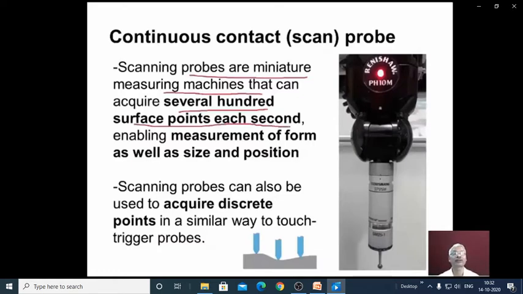Several hundred surface points are sensed in each second, enabling measurement of form as well as size and position. Scanning probes can also be used to acquire discrete points similar to the touch trigger type. You can see here the probe, when it moves like this, is scanning the surface, and hence we can get the profile information.